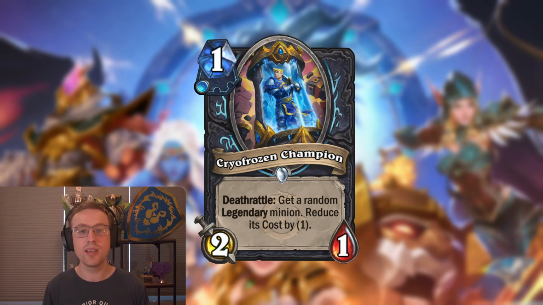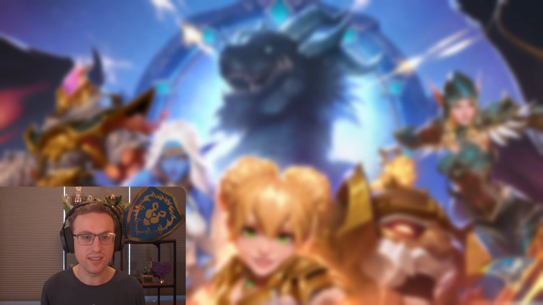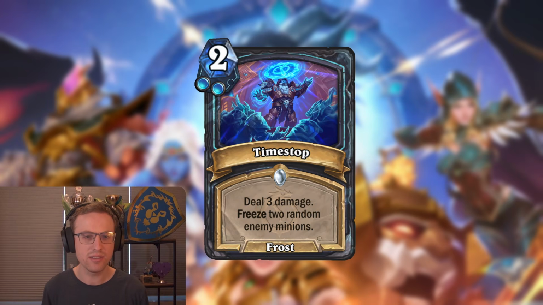And then maybe you sometimes get a nice legendary with it, and especially with the mana reduction, it can help a bit, but yeah, still, it doesn't seem like the strongest, right? Just a 1 mana 2/1 with maybe a useful effect, just not the strongest nowadays, so I'll be giving this card 2 stars. And the third card we have here is Time Stop, a 2 mana frost spell, deal 3